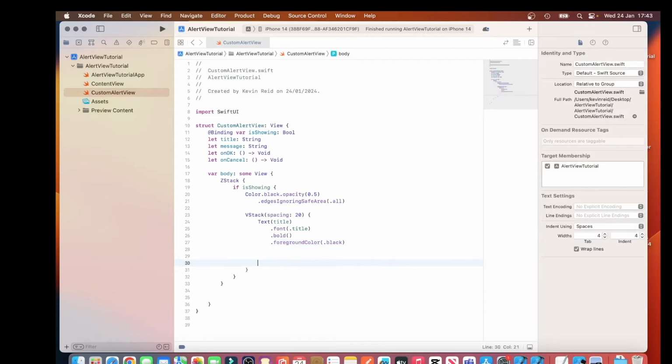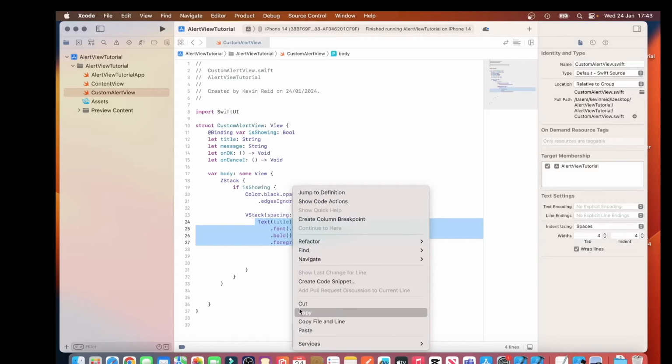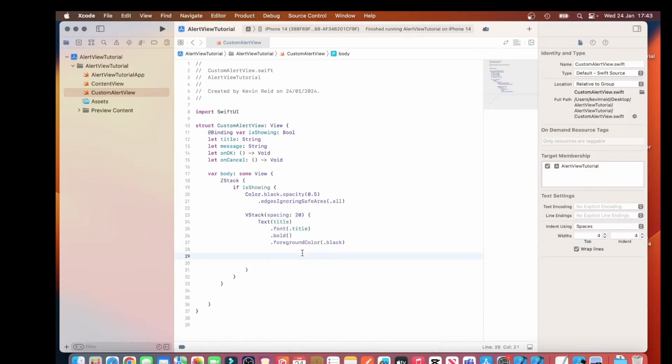We need to do something similar for the message. So I'll just copy what we just did, but I won't copy the VStack part, just the text and the formatting, like the styling for the text. And then for this one on line 29, just replace it so that it has message. And for line 30, .body,